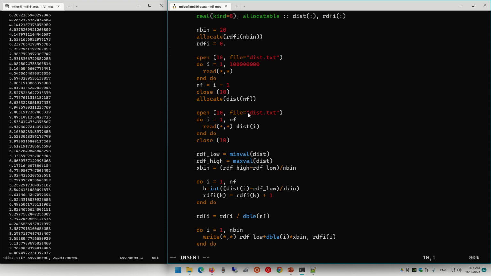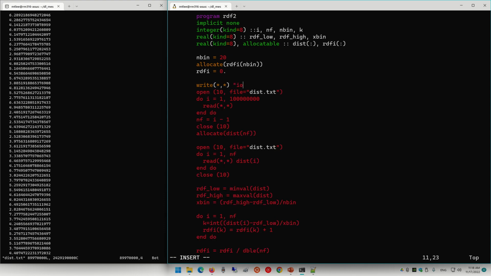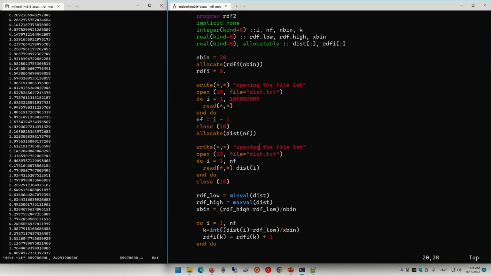So let's put things here. So let's say write opening the file first time, and then open the file the second time.